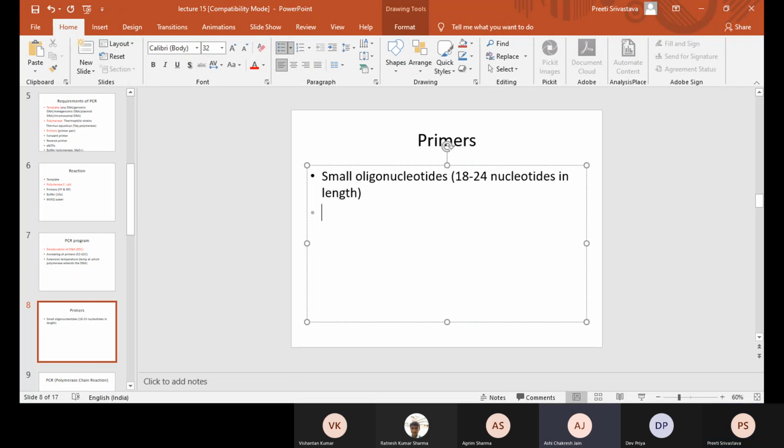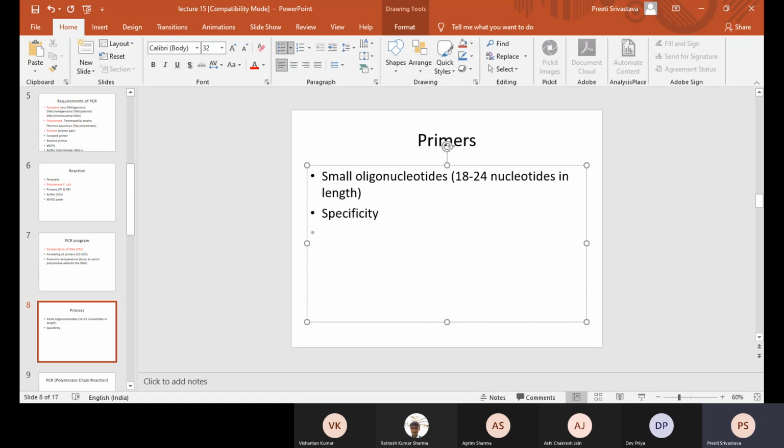For specificity. Yes, very good. This is for specificity, because if we are using a 6 base pair or an 8 nucleotide sequence, then in that case it can bind to multiple places. Therefore, to ensure specificity, we usually prepare a primer which is longer than 15-16 nucleotides, and therefore an ideal primer length that is suggested is in the range of 18 to 24 nucleotides in length.